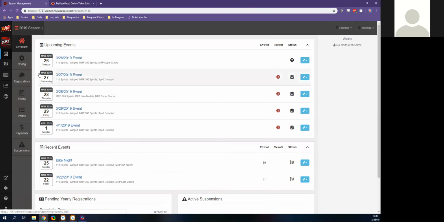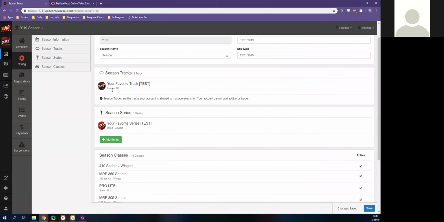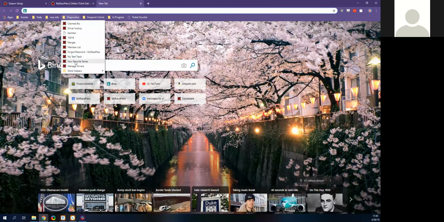So we can see a couple things with the configuration page. We have our season name, when it starts and ends. We did that when we set up the season. We also have all of the tracks here. So if you are a series, it'll actually ask you to put in the tracks that you're racing at. So what I mean by that will be